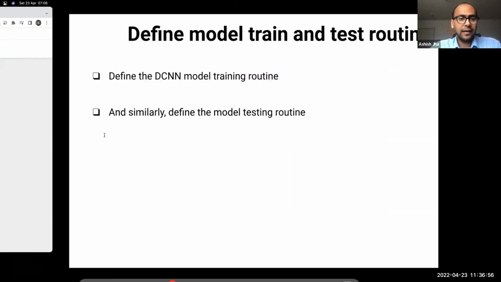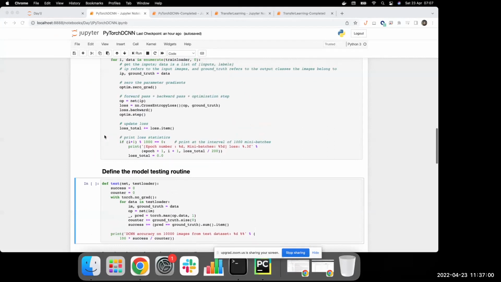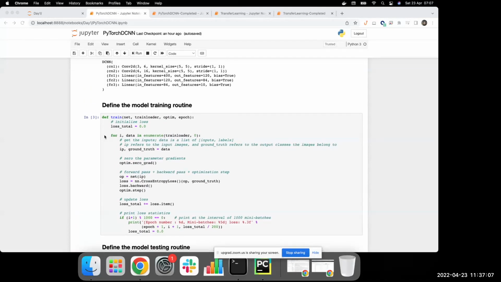All right, so that's our second step. Can you just quickly tell me, for the optimizer and the net function that we have used, I understand no grad, but which were the libraries that you had mentioned at the top, which corresponds to